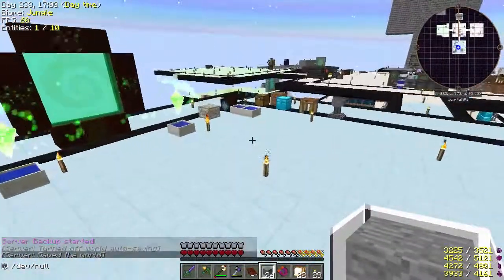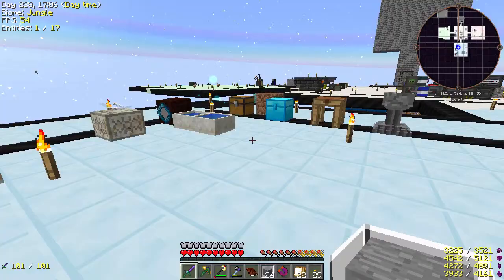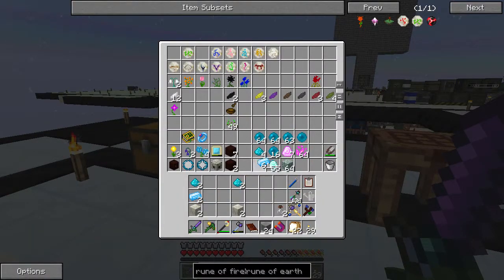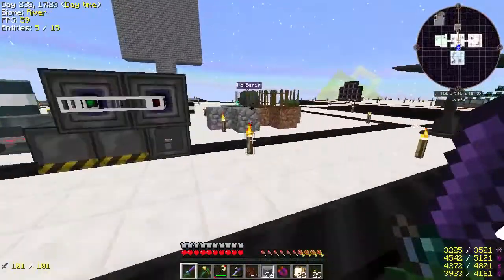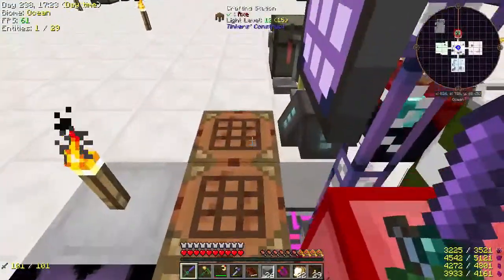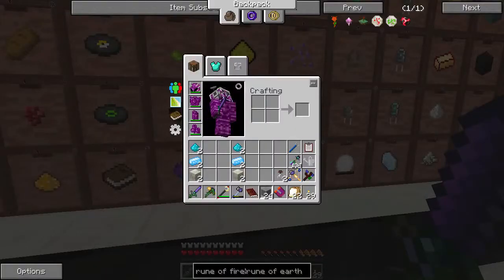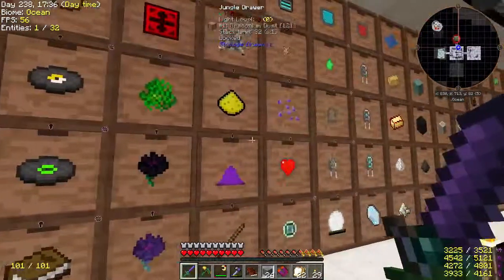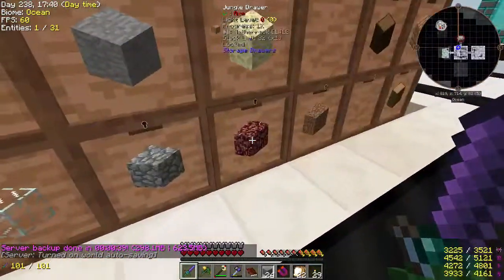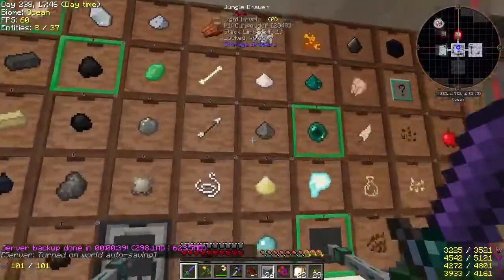Alright, cool. So, earth requires mana steel. And I think they both require 2 things of mana steel. Alright, and then we just need to find the rest of the stuff. So we're gonna need nether bricks. So netherrack, nether wart, netherrack, and gunpowder. So this should not be difficult at all. I mean, these are pretty early game stuff, so...